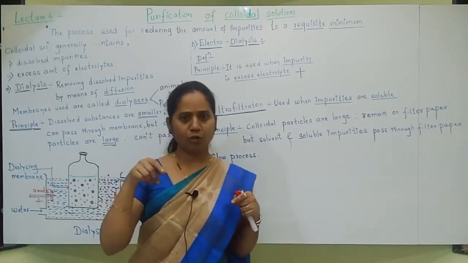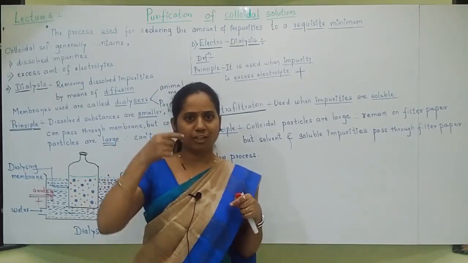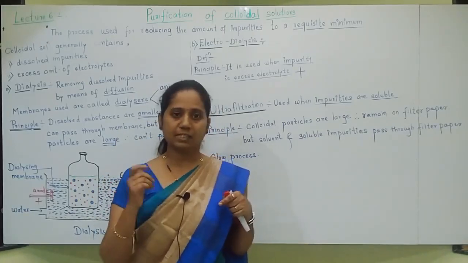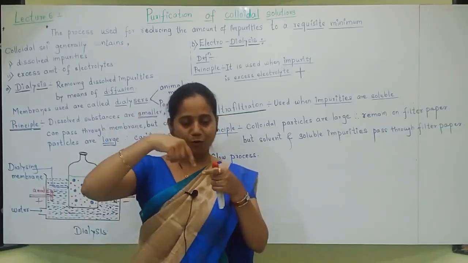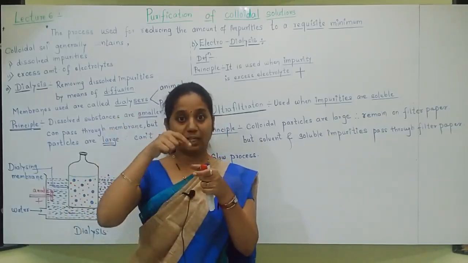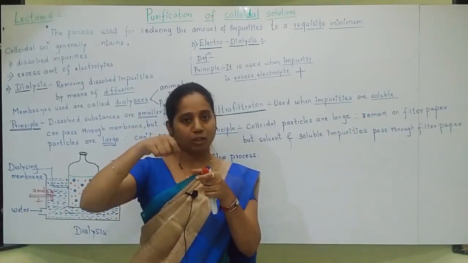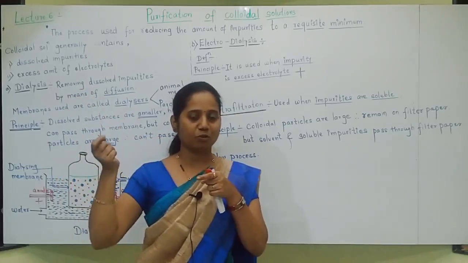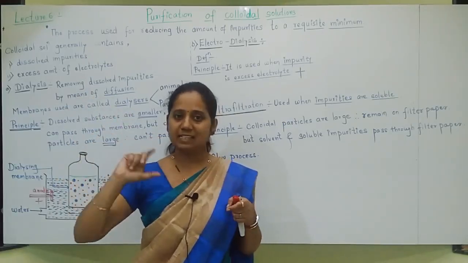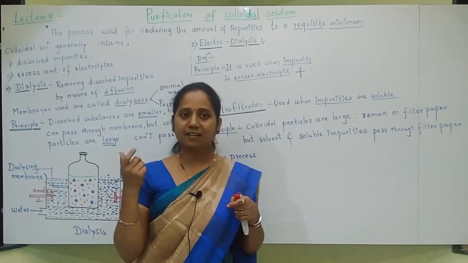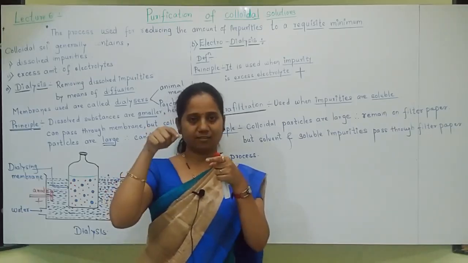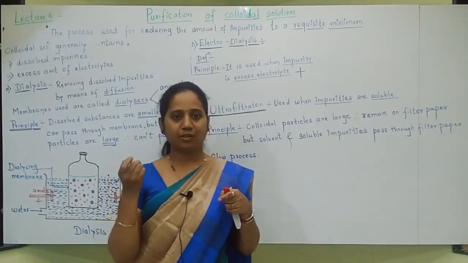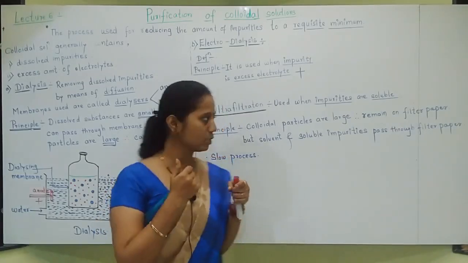Now you will say, madam, we want colloidal solution, but what is left behind on the filter paper is only colloidal particles. Then what is done, students? Again we go to preparation. On the filter paper we now have only colloidal particles, large in size. These colloidal particles are taken, dispersion medium is added, a small amount of electrolyte is added, and it is shaken. Like this, the colloidal particles are again converted into pure colloidal solution.